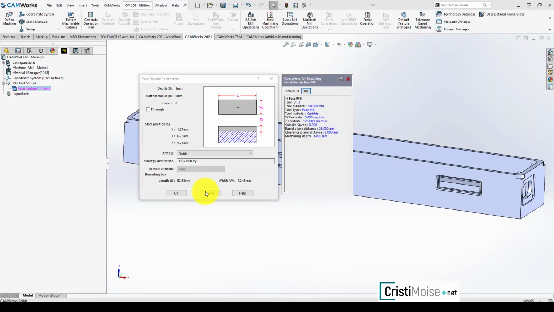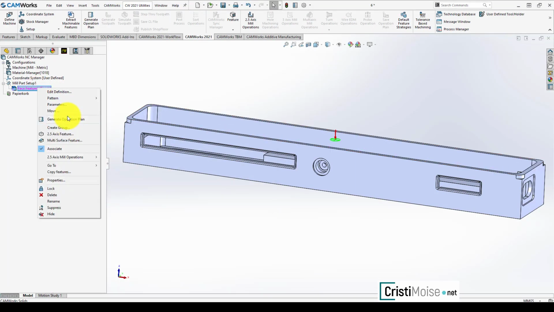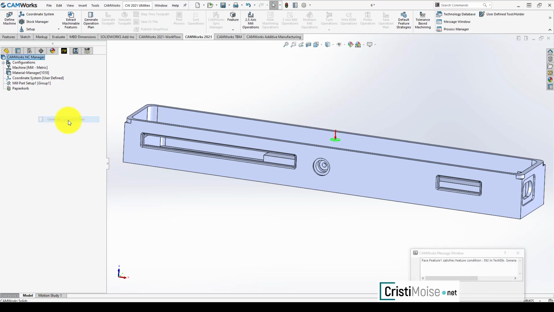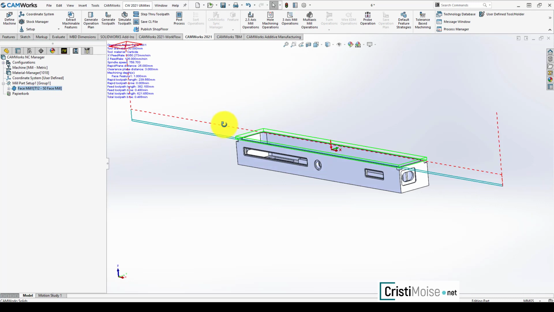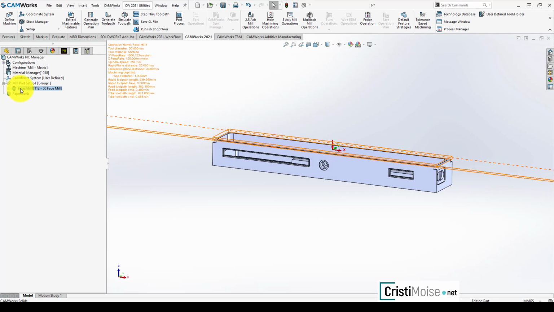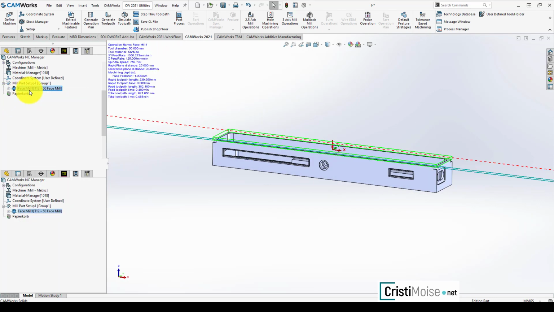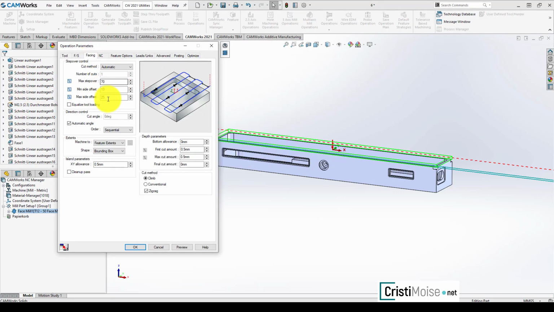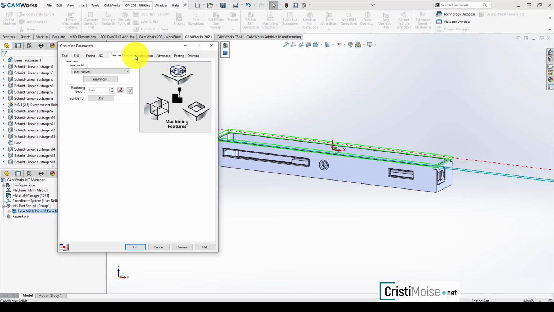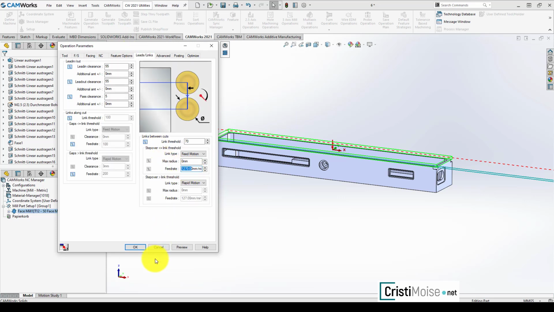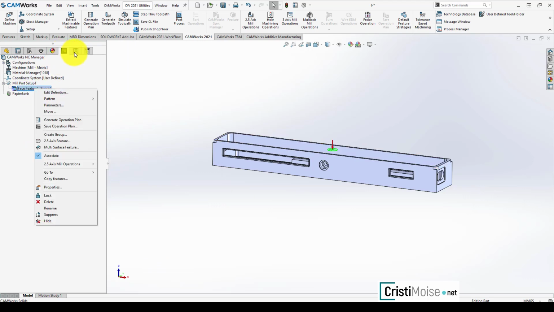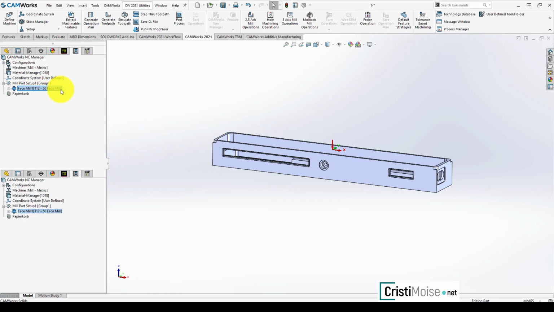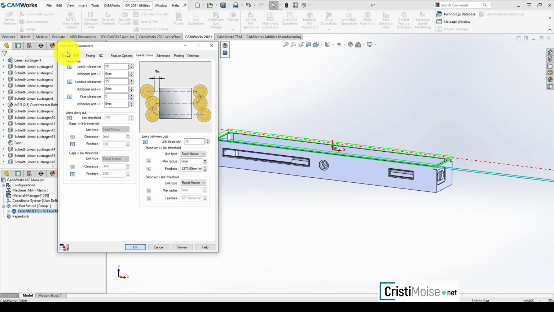Go back in CAMWorks, generate, right click on the face feature, generate operation plan, and right now I have here an operation. Let's edit this face mill operation, and we have here all the settings I put in the technology database. Of course, if you want to have, let's say, another tool, maybe 25 millimeters,